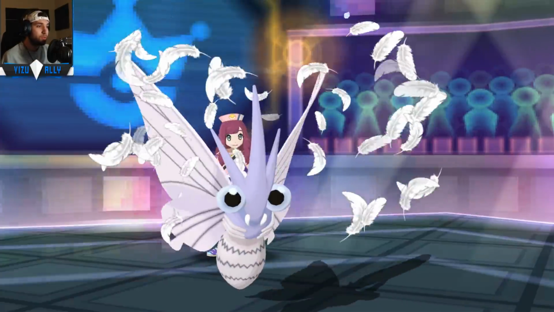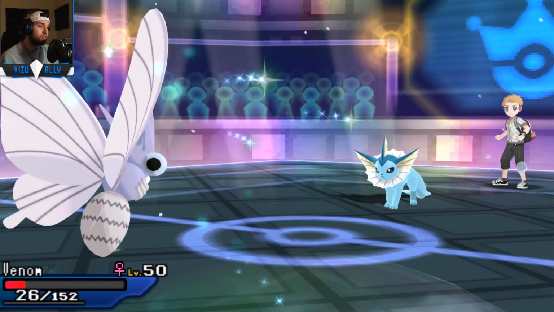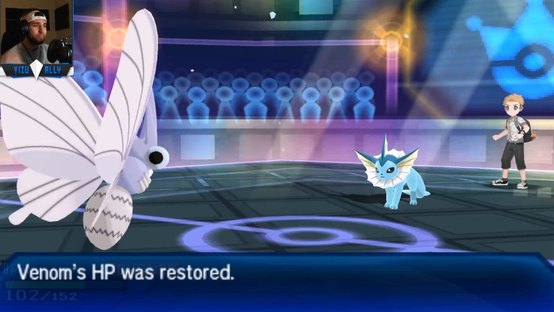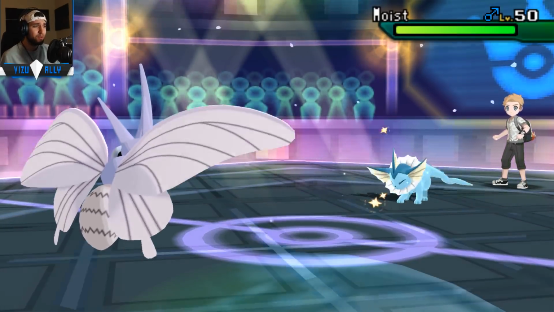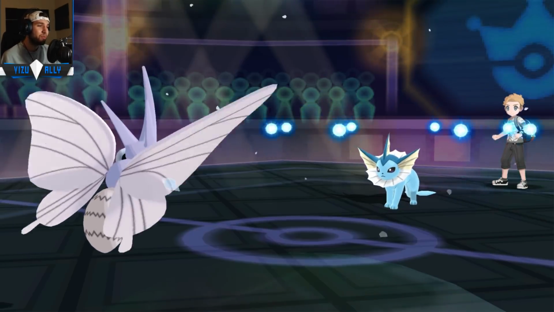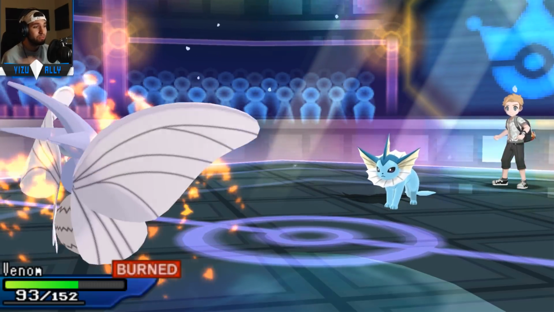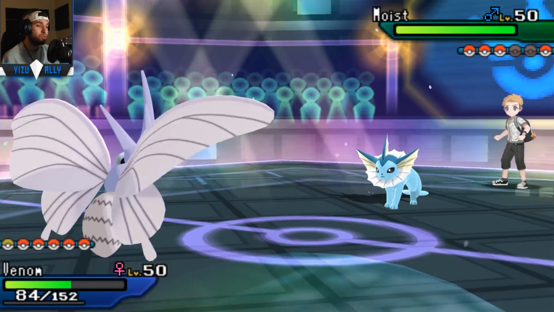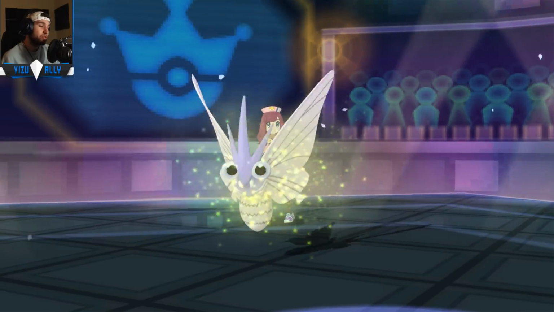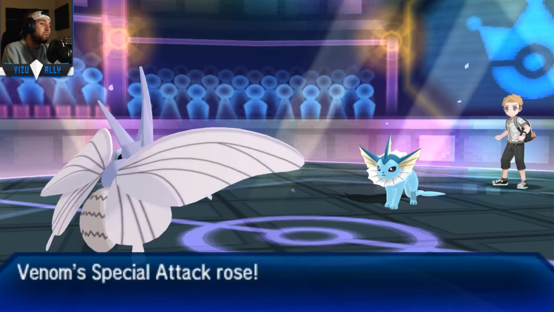So Roar of Time kind of is nice, but at the same time it has limited turns, and honestly I can just Roost up and stall it out. Hail is going to wail me down a lot with the chip damage, but since I do have plus special defense, the Freeze-Dry isn't going to do too much. And also Vaporeon Scalds, even though Vaporeon has pretty good special attack, 110, it's not going to be able to do enough to break through Venomoth, especially once I start Quiver Dancing up even more, getting more special defense and